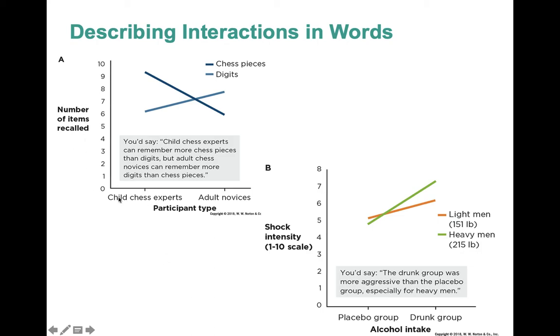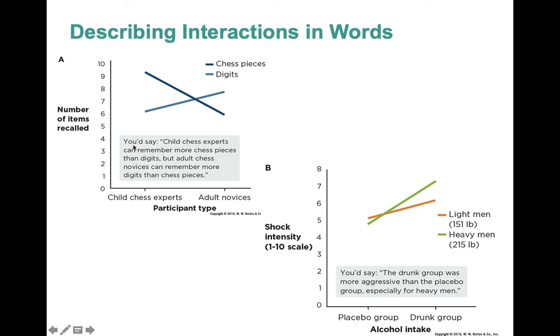We've got a study with chess experts, child chess experts versus novices. And if we're trying to say, we've clearly got an interaction here, and to describe the number of items recalled, we would have to say that